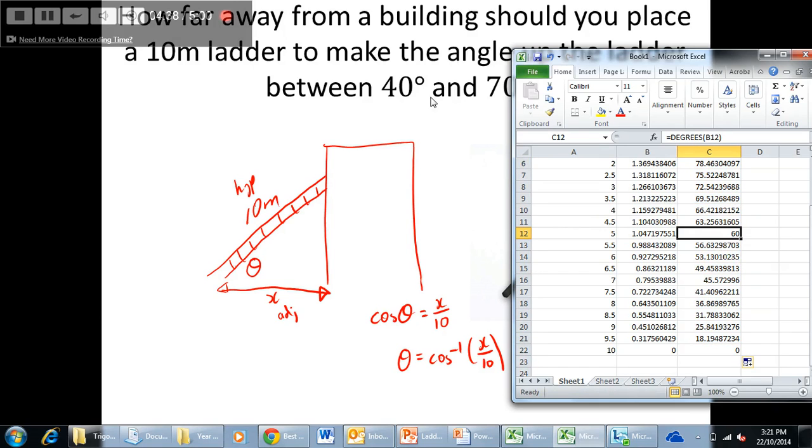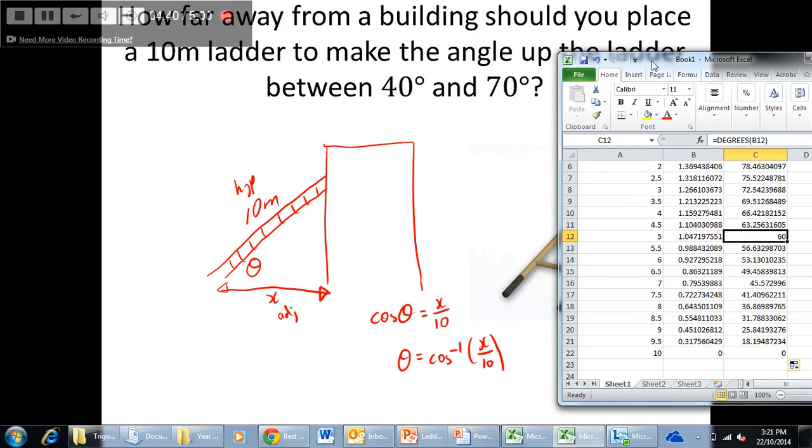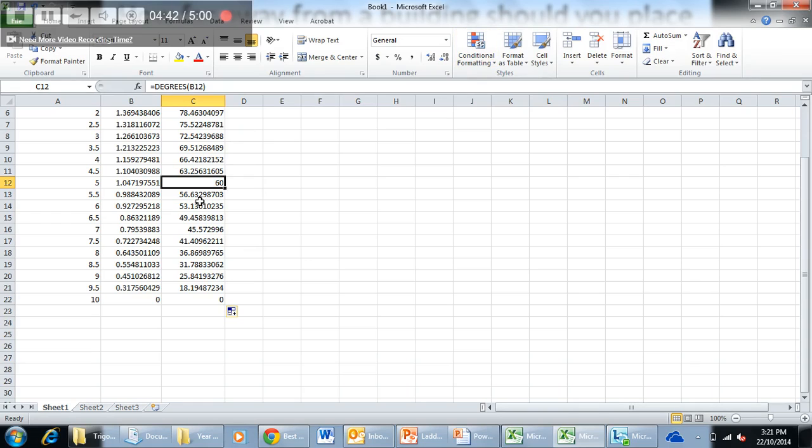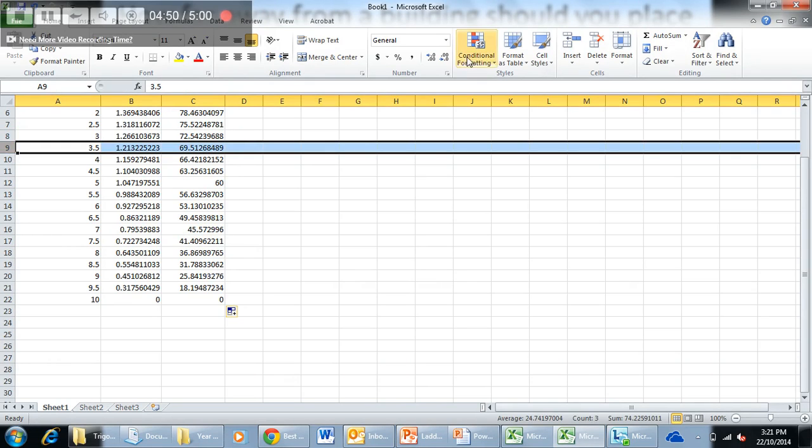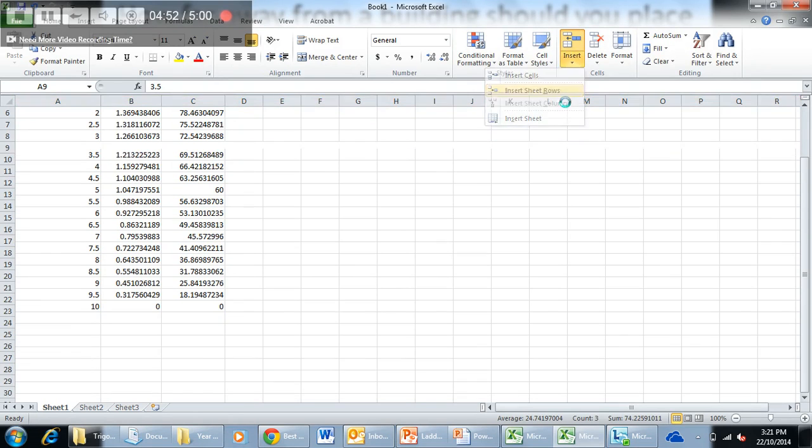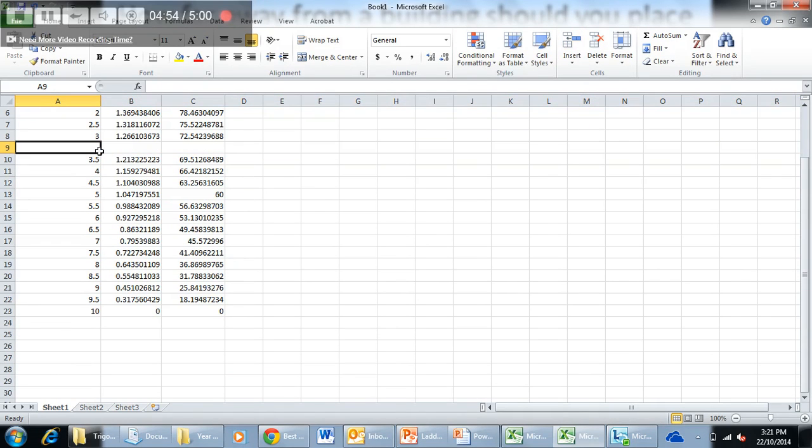So we're after between 40 degrees and 70 degrees. So 40 is about here at 7.5 and 70 is in here somewhere. If we want more accuracy, I can insert a row and have another guess. And keep doing that until I get closer to my solution. So hopefully that gives you guys an